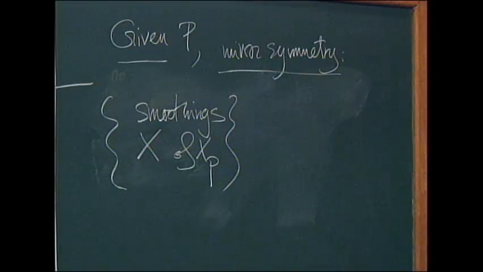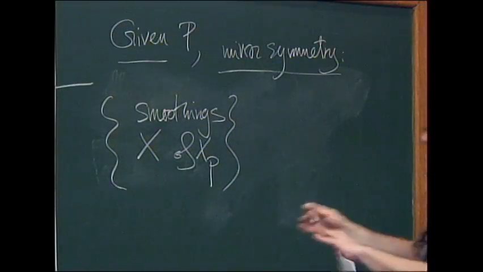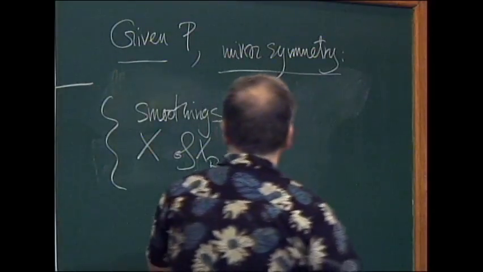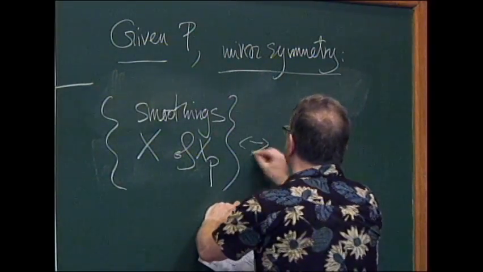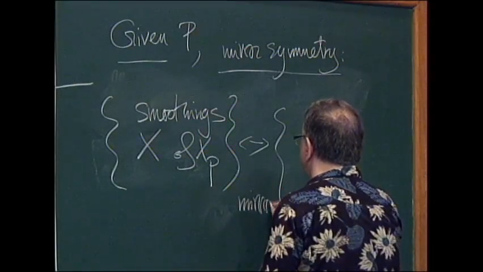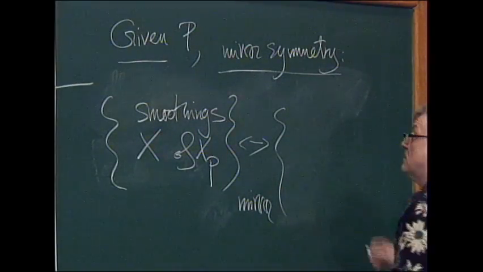These are the Fanos that are deformations of X_P that smooth its singularities. And these things are mirror to